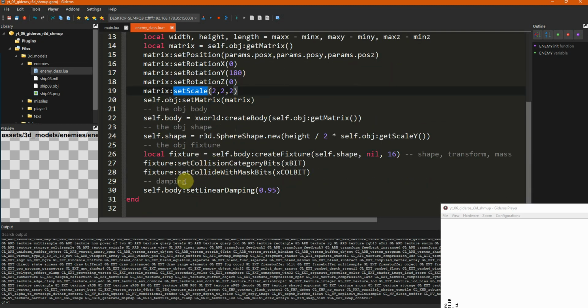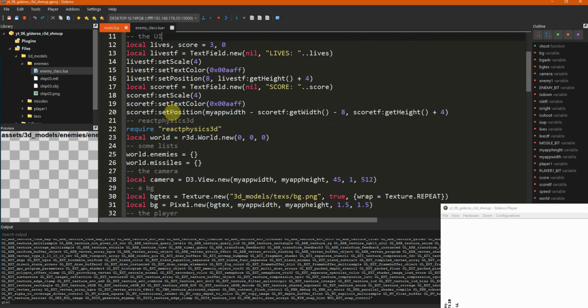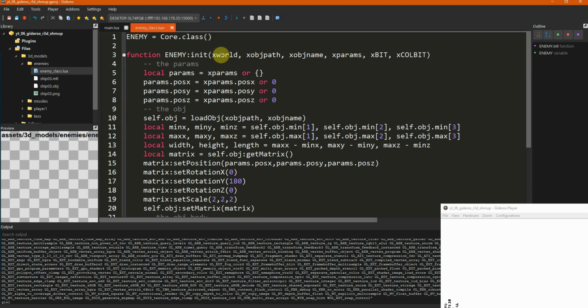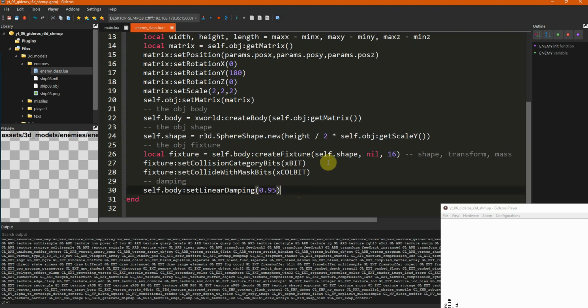Next, we need to add the enemy to the enemies list. Where is it? Okay, here it is, enemies. We've created the list before, and now we want to add the enemy to this list. So the list is world.enemies. We can do it as we did for the missiles. So we take the X world, the list. So the list is in the world, so X world dot enemies, that's the name of the list.